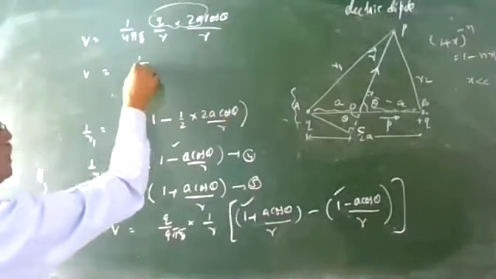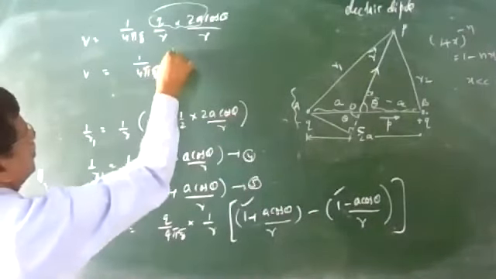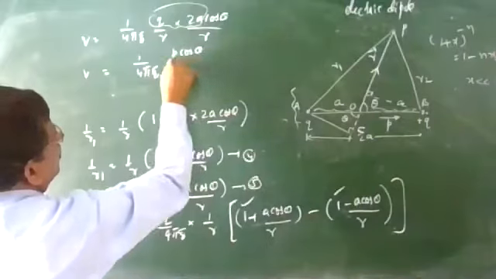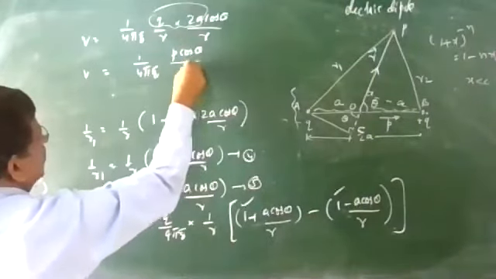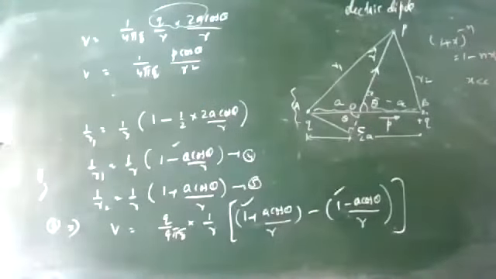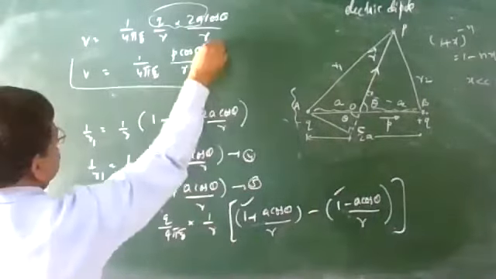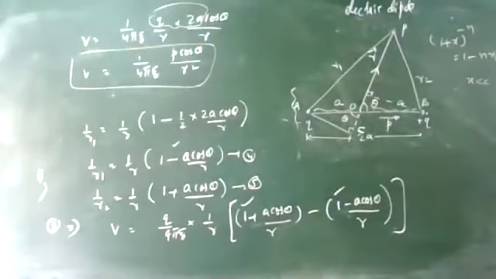What is the dipole moment? So V equals 1 by 4 pi epsilon 0 p cos theta divided by r square. Very important: the denominator has r square due to an electric dipole. Usually for a point charge the potential goes as 1 by r, but here it is p cos theta divided by r square. The equation is completed. This is the potential at any point due to an electric dipole, at an angle theta, where theta is the angle made by the dipole moment with the position vector of the point. You can see it in the diagram.